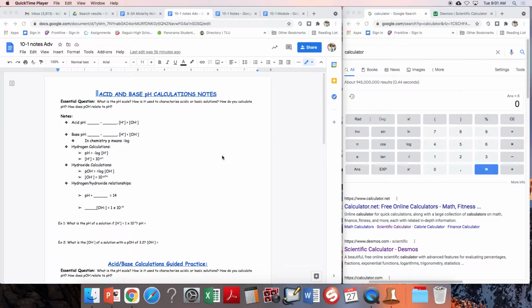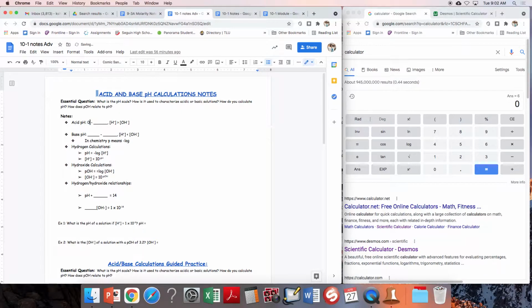So you guys have probably heard about pH before, and it was just numbers that we gave you and didn't really explain it. pH is a measure of how acidic or basic a solution is. The way that we do this is it's actually a calculation that involves the concentration of H or OH in your solution. So you should know from some former class or from some of the intro stuff we've done that